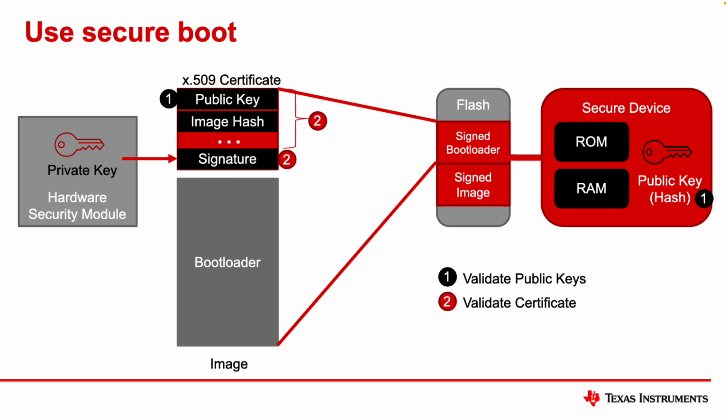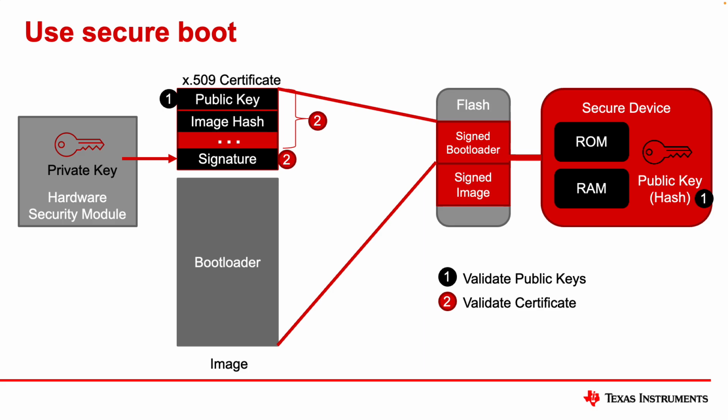Next, we need to validate the certificate itself, right? We want to make sure that somebody didn't come in and insert a new image hash into it, for example. So we want to validate the certificate itself using the signature. The signature was signed with the private key. We'll use the public key to decode that, and we'll be able to see whether the certificate hash and the hash that comes out of decoding the signature match. If they match, that means the certificate is the one that was signed.